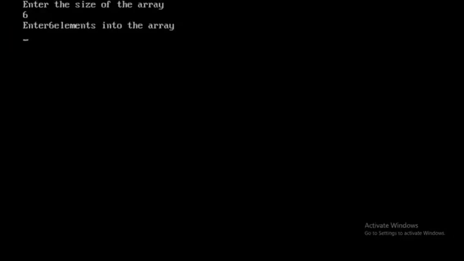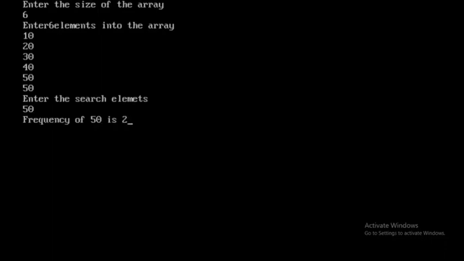Because I have used the n value in the cout statement, enter n elements into an array. So here the value of n is 6, so it's asking us to enter 6 elements into an array. Okay, so I'm going to enter 10, 20. You can give any value here. Okay, and 50, and one more time 50. Okay, so I end up with 6 elements. I need to search the element, that means the frequency of an element. For example, I'm going to give 50. So what is the frequency of 50? How many times does it occur in this array? 2 times. So the result must be 50 occurs 2 times.